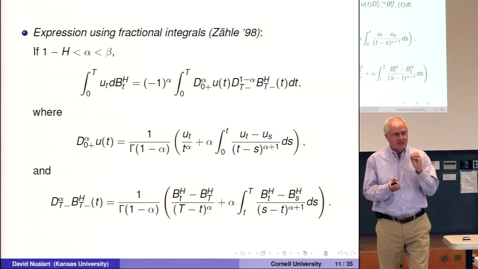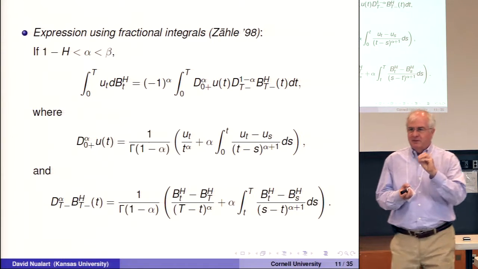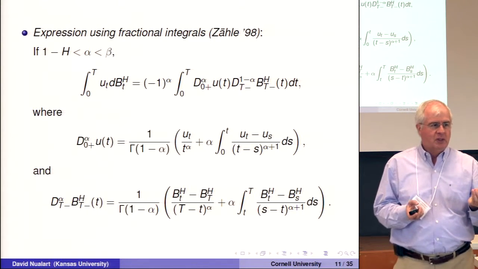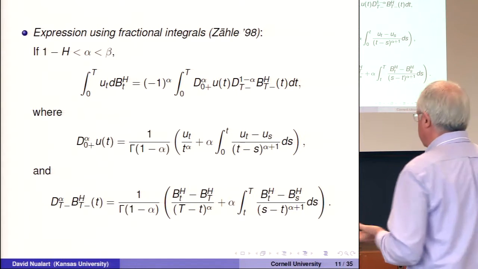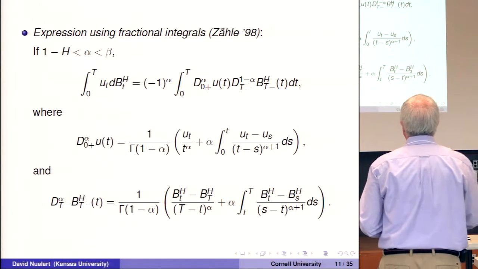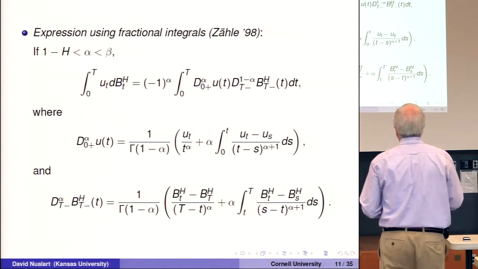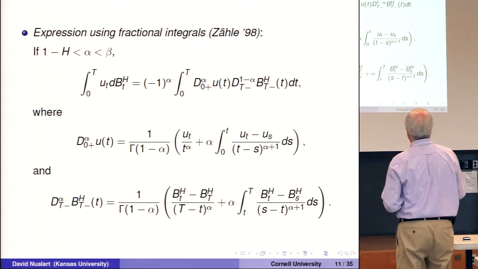You just take an alpha fraction of the derivative, and then you apply this to u. But this alpha fraction of the derivative is not an ordinary derivative. It is an integral operator, which is defined in that way. And then there are two integral operators. One is a 0 plus, the other is a t minus. It gets a little bit different